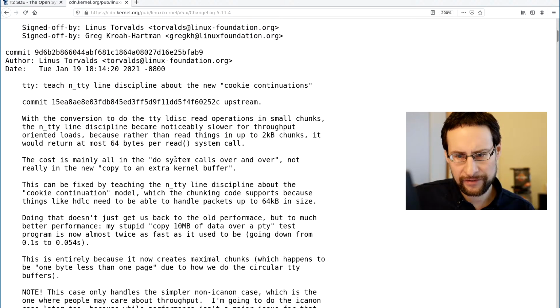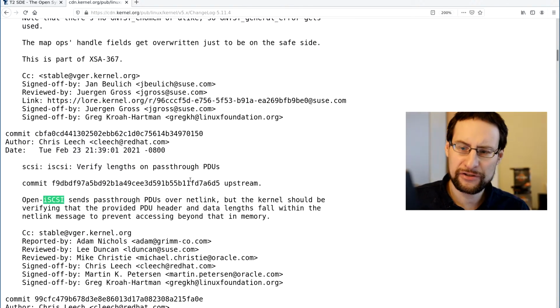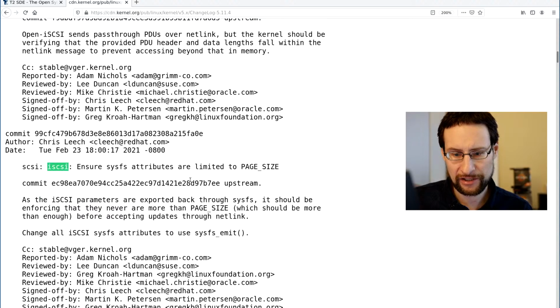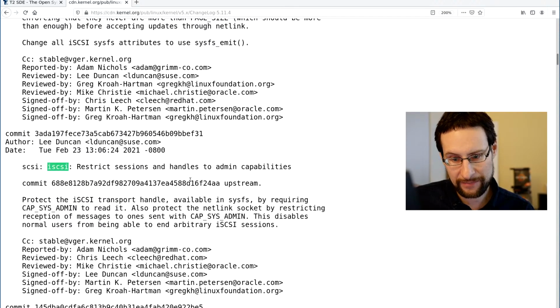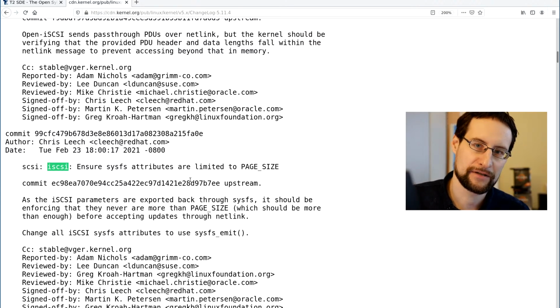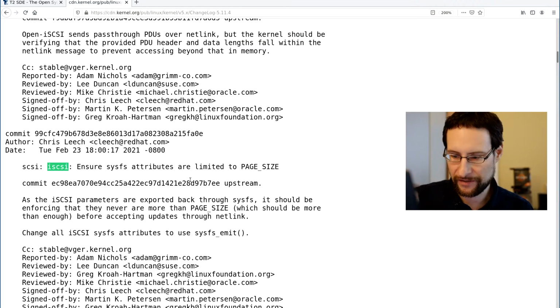what was the other one? Teach the TTY line discipline about a new cookie. I think this was iSCSI, and so there are a couple of vulnerabilities. I think even like remote to privilege escalation. I think all of them, maybe 3 in iSCSI. It's like, yeah, because buffer handling in C is manual, and they got this apparently also attribute limited by page sizes. Anyway,